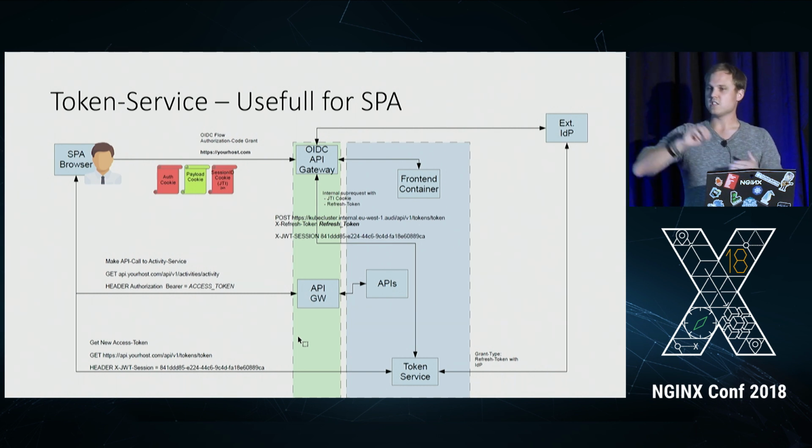The user is logged in to yourhost.com based on the authorization code grant, and NGINX is doing an internal sub request from inside this JavaScript engine script module, and is sending the refresh token of the user to an internal microservice in our backend hosted in Kubernetes, and is creating a JSON web token session